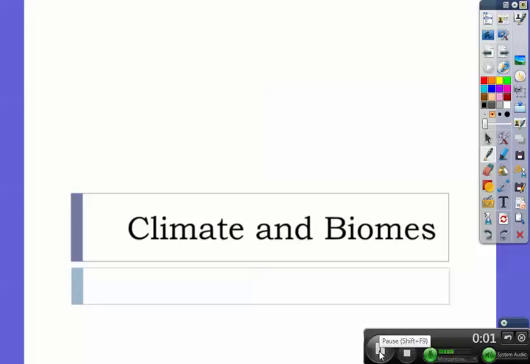Okay, so here we're going to talk about climate and biomes. A couple things to remember. Earth is made up of several different types of regional ecosystems that share common animal life and vegetation and are determined by climatic conditions. So a biome is a regional ecosystem